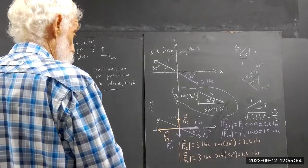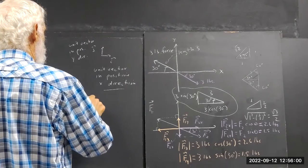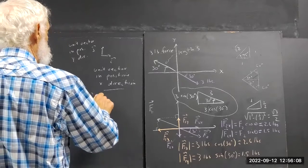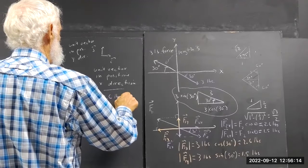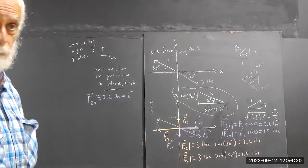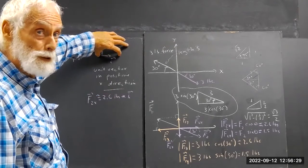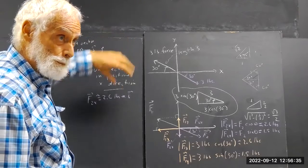Now I can say, among other things, that F2x can be written as approximately 2.6 pounds times the I vector. Okay. If you multiply the I vector by 2, you get the I vector and another I vector. It's going to be a vector twice as long. If you multiply it by 3, well, it goes that much longer and it's this long. Okay. So,